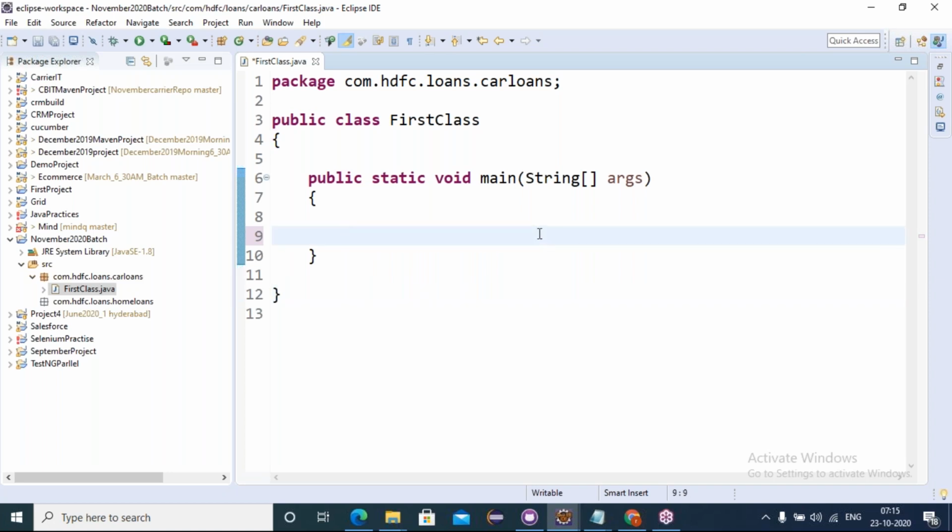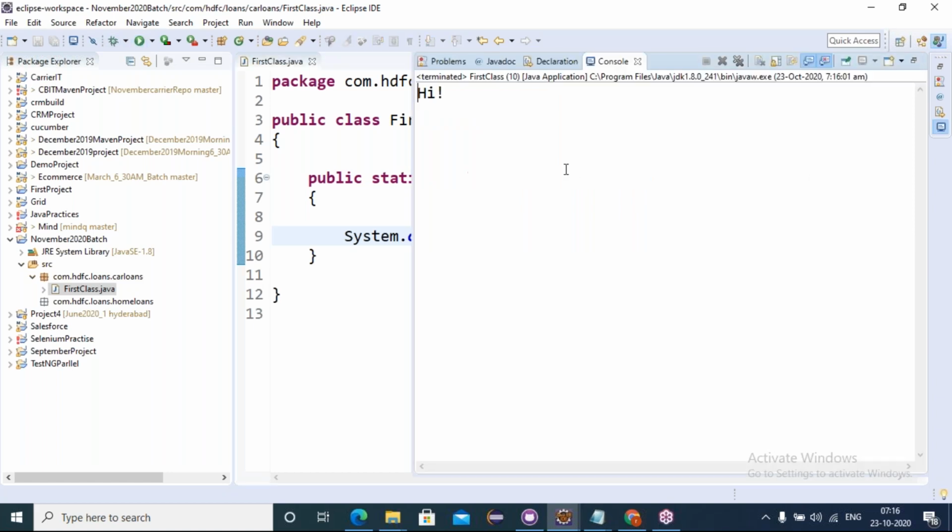Let me show you once. System.out.println takes a string argument. In double quotes, give some message like this. Save this program and just run it. See friends, the hi message is coming, right?